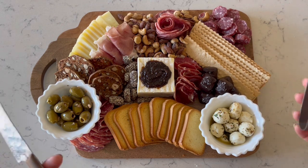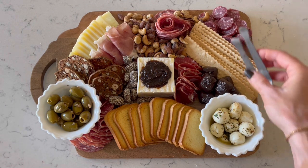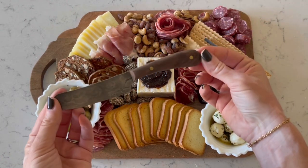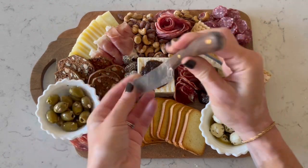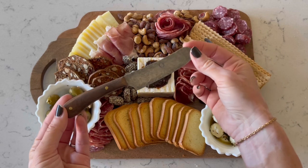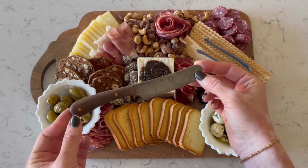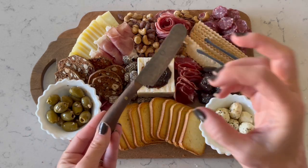But also, I'm just not afraid of people grabbing things with their hands. And then these little ones, I love these. I actually got these for Christmas last year. I think they're called Farmhouse Pottery or something. I'll link them down below if I can find them for you guys, because this was a beautiful cheese board